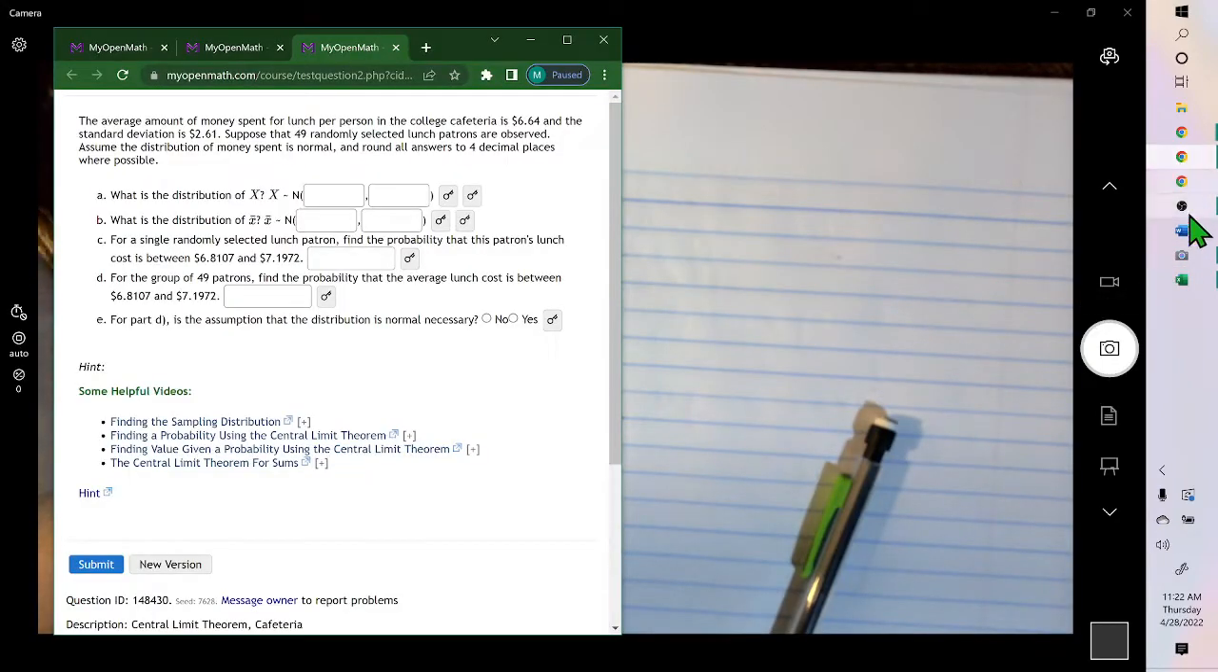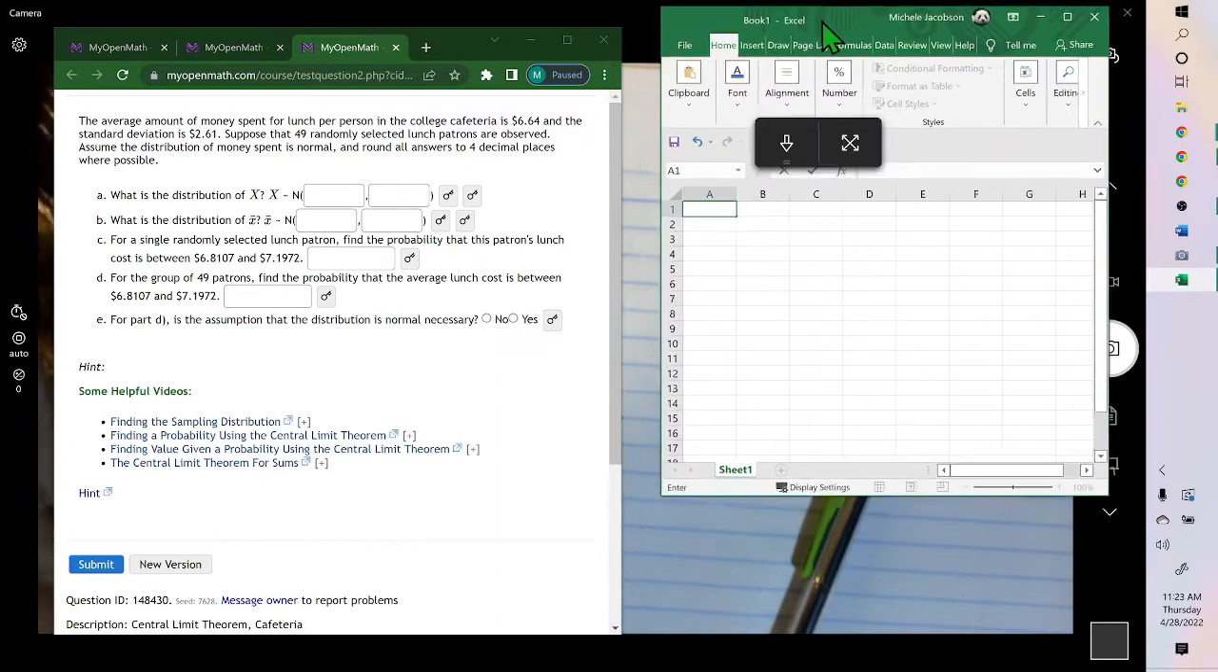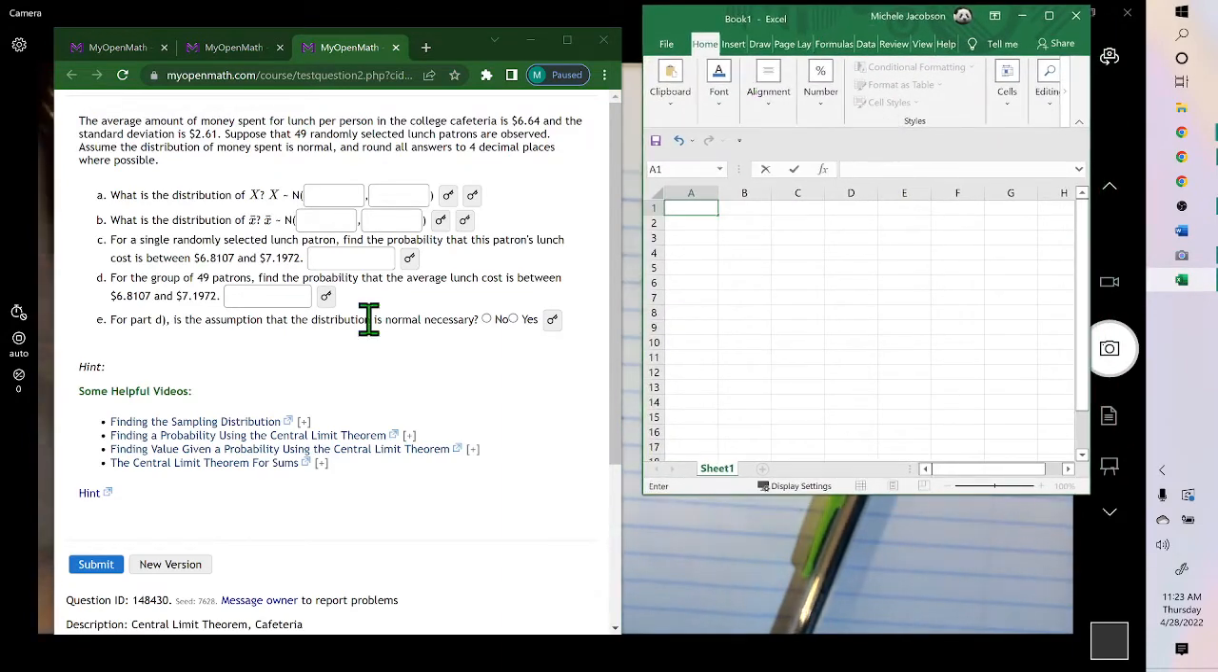Hello. For the central limit theorem, I don't think I really need that. When you're doing this problem, the average amount of money spent for lunch per person in a college cafeteria